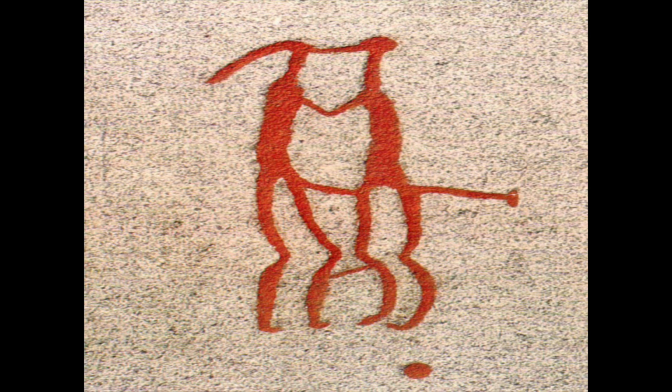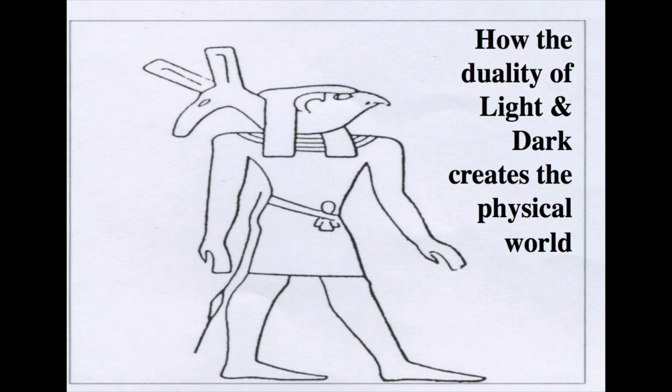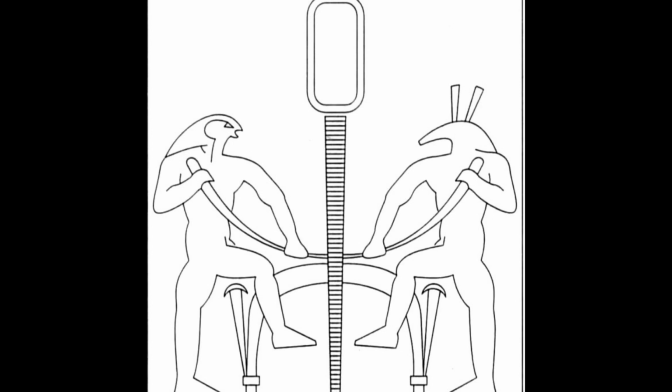You only have to go to Egypt and you'll see the understanding of this in the image of Set and Horus being connected. They represent this duality of light and darkness again, and the idea that both are needed to turn the world, to create the world. In some terms it's called Horus and Set turning the drill, or turning the world. What creates the physical world is this understanding of duality.